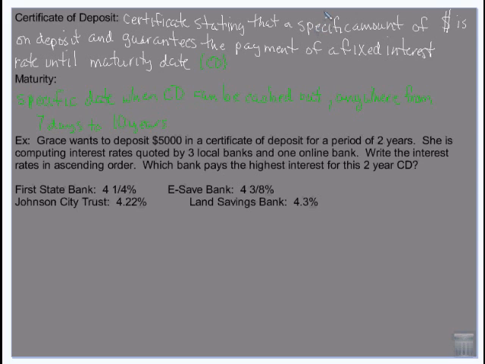It's a certificate stating that a specific amount of money has been deposited. So if I buy a $100 CD, I get this certificate stating that I have $100 on deposit at a guaranteed interest rate. If the interest rate for a CD today were 5%, and I bought a $100 CD at 5% for 10 years, I'm going to earn that 5% until the 10 years is over. Even if next week interest rates drop to 2%, I'm still going to earn the 5%. It guarantees a fixed interest rate.